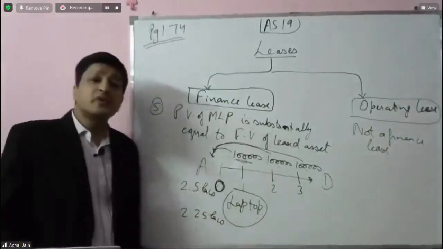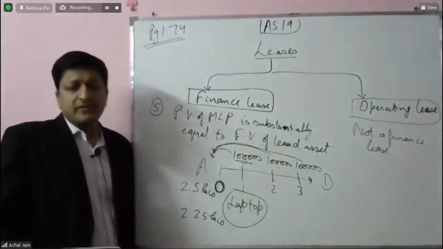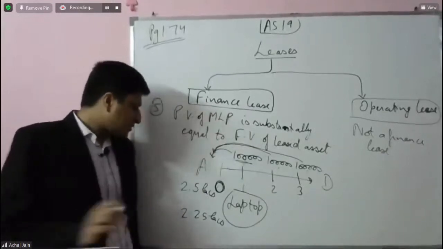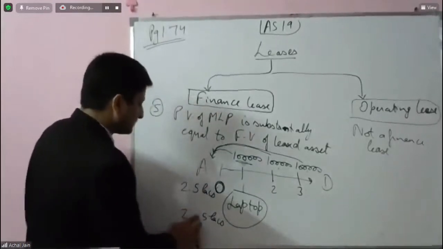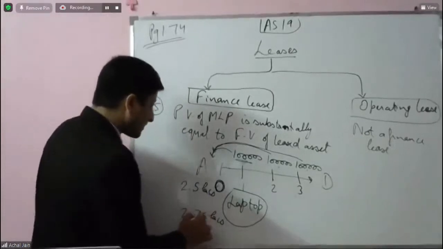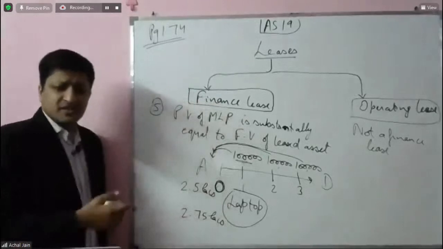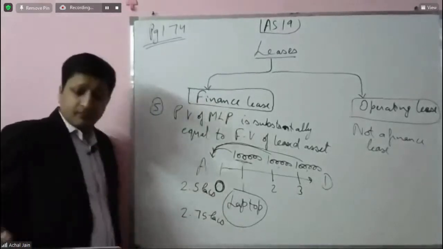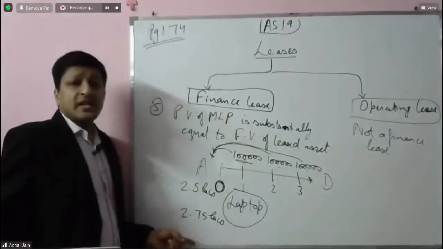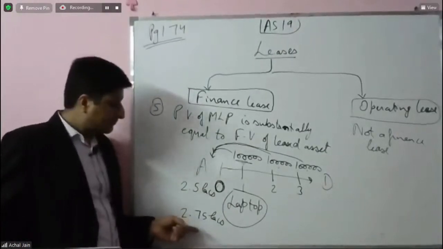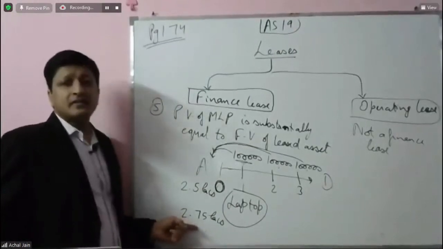Its fair value is what? 2.25 lakhs. Now in this case, or let me just put it as 2.75. You might be thinking, sir, how can a laptop be so expensive? It may be. And anyways, this is only an example. Now in this case, the fair value of the asset is 2.75. And effectively,